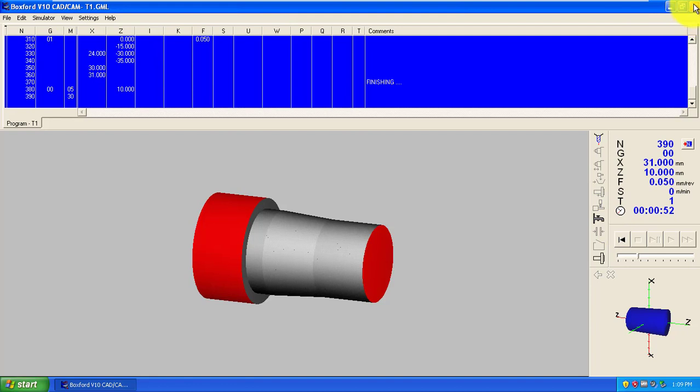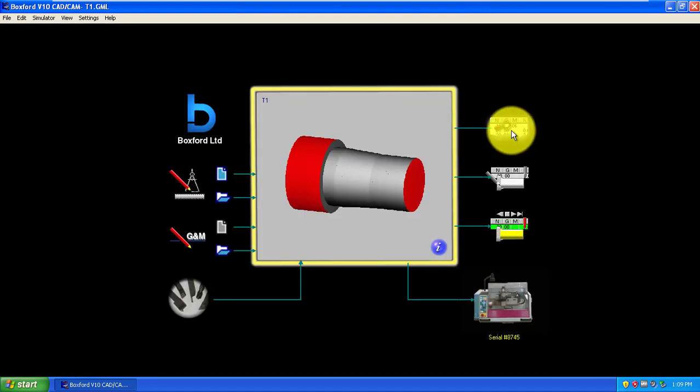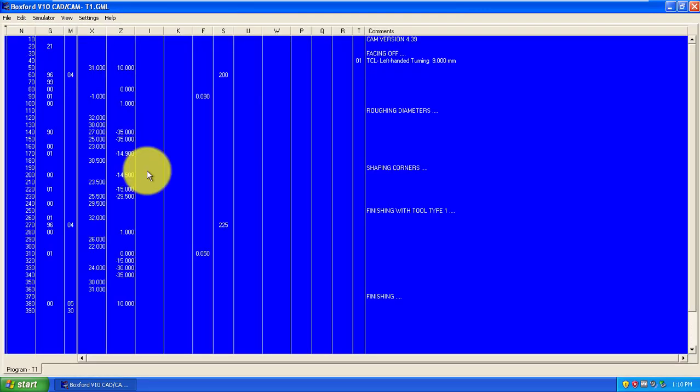When you close this window, you can directly see the G and M codes generated as per the CAD model by the Boxford software, and you have to compare these codes with the manual programming sheet where you manually wrote the program, and then you have to conclude.